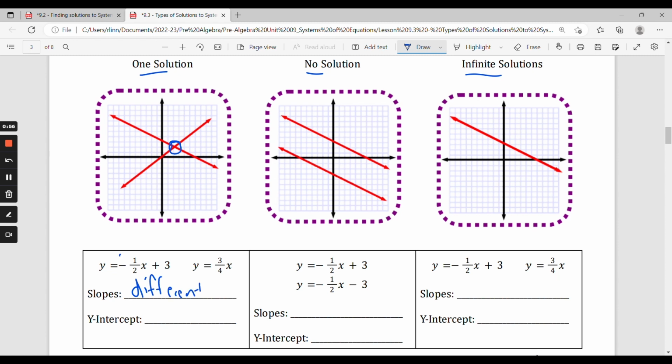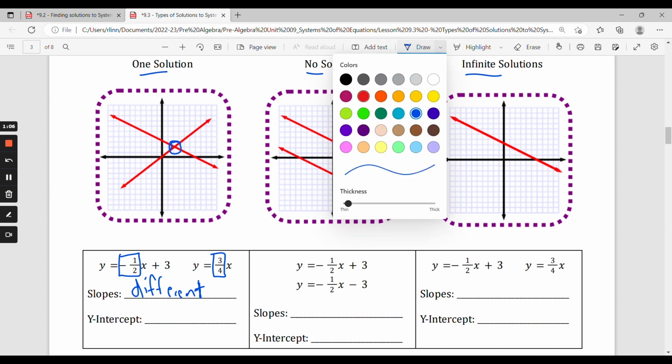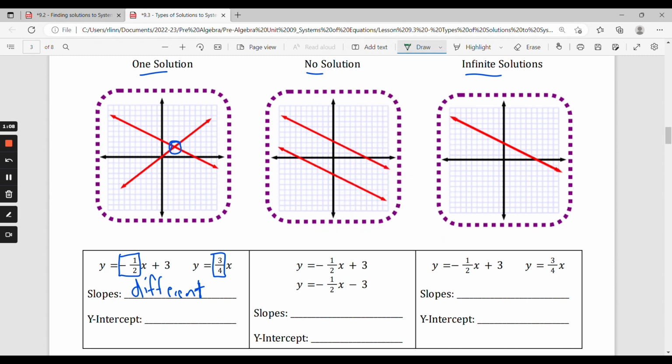Our first line has a slope of -1/2. Our second line has a slope of 3/4. So our slopes are different. In addition to our different slopes, we also happen to have different y-intercepts. They don't always have to be different, but in this case they are. Our y-intercept is +3, and the y-intercept of our second line is +0. So we have two different